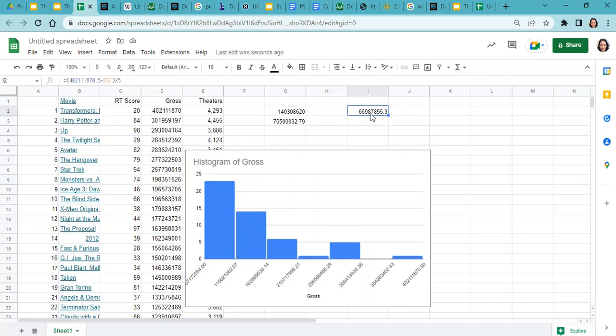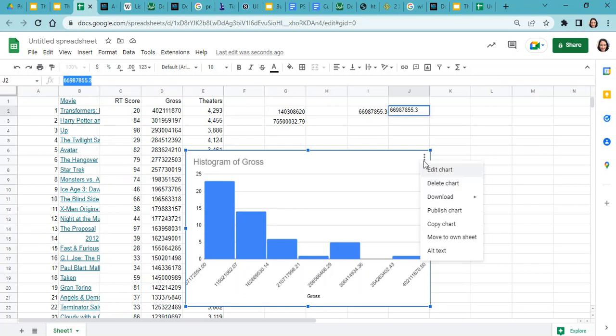There we go. So this is how big each bucket should be. So I needed to copy, oh, and it's not going to let me copy that number, is it? I have to type it again. 66,98,78, and 55.3. Okay, so we need to copy that number and then get back into editing